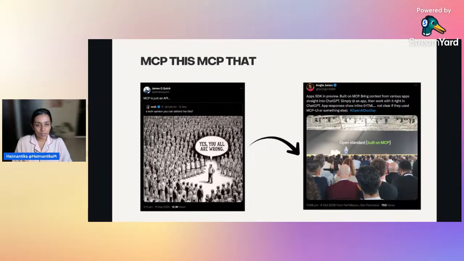While it's a very new concept, companies and developers are building a lot with it. By the end of this session and the entire series, you will notice that it's not a very hard concept. As James mentioned, it might feel like just an API depending on the type of application, but in the end you'll see that it's a protocol and how easy it is to use. So that's a little bit of context setting on MCP and how the world looks at it right now.